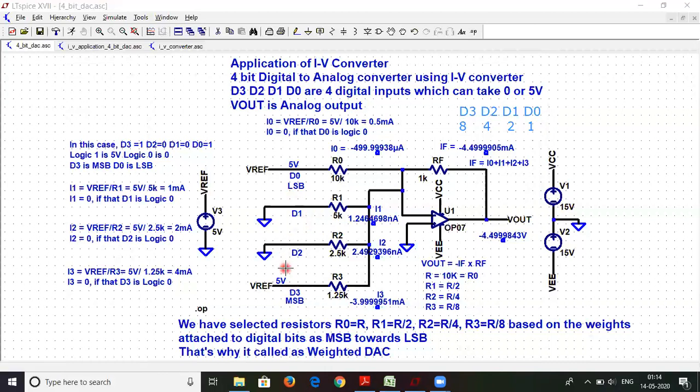In our case, logic 0 is ground, that is 0 volts, and logic 1 is 5 volts. Our output, V out, is the analog output, which changes its value in small discrete steps.